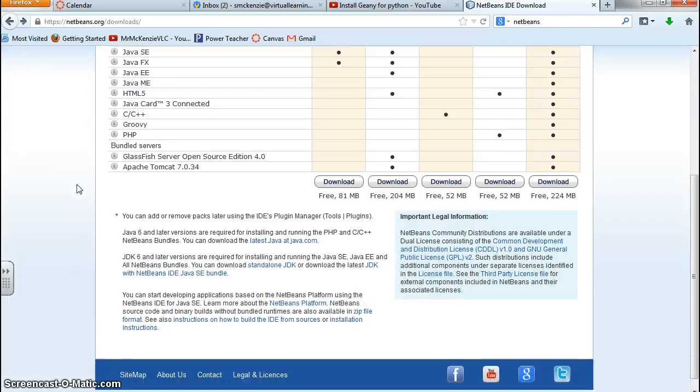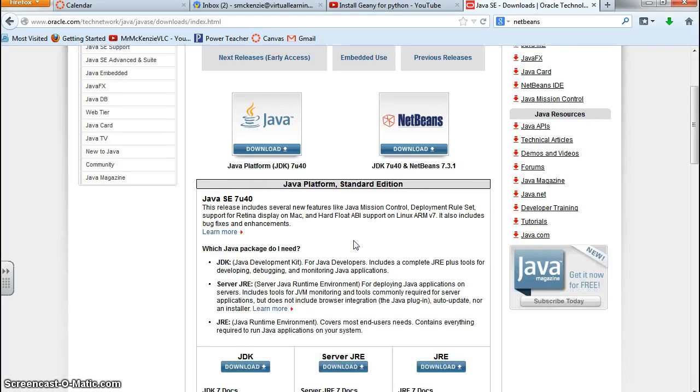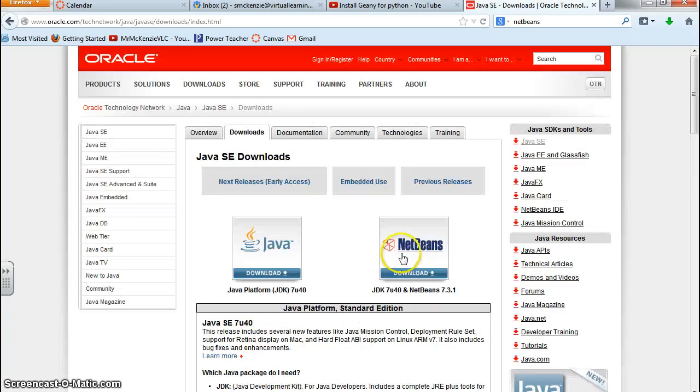If you scroll down a little further, there are 2 links to this. If you look at this paragraph here, there's a standalone JDK, and then there's one with NetBeans component integrated into it. So regardless which link you click on, we want the NetBeans version. If you click on the Java SDK link, this NetBeans version to the right is the one that we want. Okay? The second link on the page before will bring you here as well. So in order to download this, we click on that link,